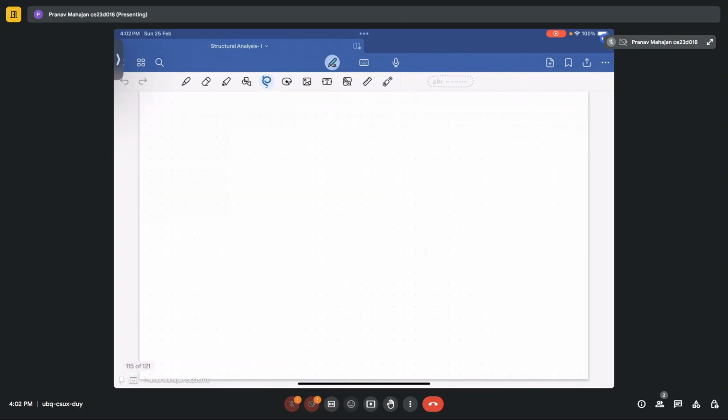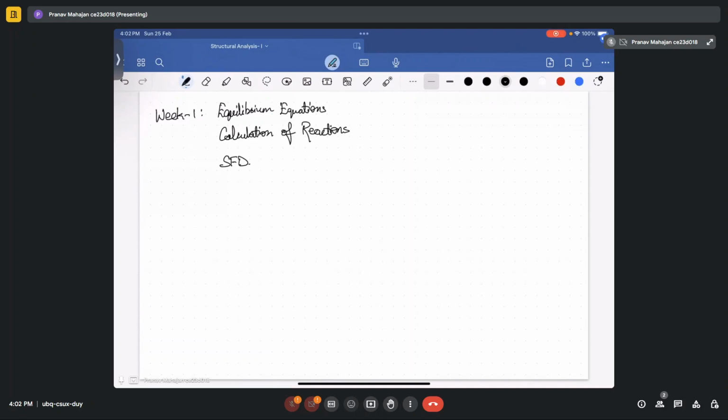And in the previous weeks, in week 1, we started with equilibrium equations. Second, calculation of reactions. Then we move to determine the shear force diagram and the bending moment diagram for different beams. Then in week 2,